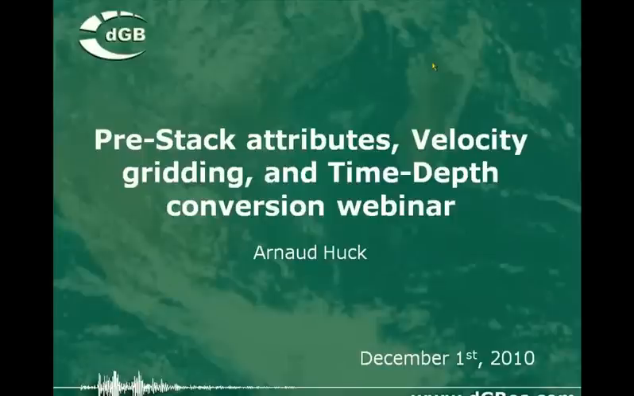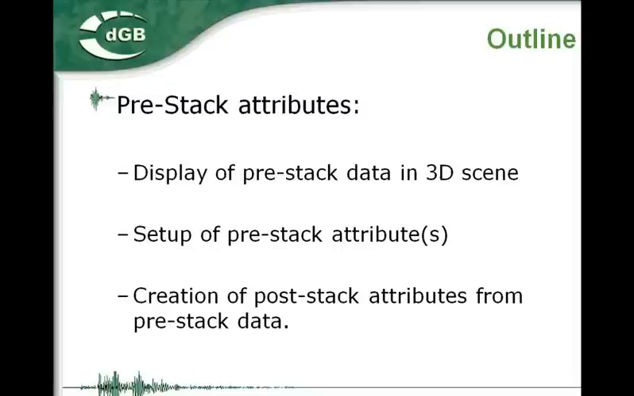So I will present you today through this webinar, as René said, three main workflows we use in doing our interpretations. They all go around the theme of pre-stack data, velocity handling, and performing time depth conversions. First of all, I'll begin with presenting how we can display and use pre-stack attributes in OpendTect to do the